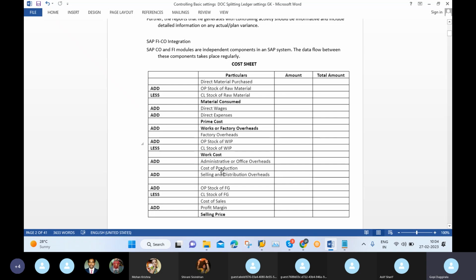So next, the product cost, cost of production. Next we can add selling and distribution overheads. It means up to now we manufactured our product in the factory, and later in administration also we did some activities, and finally we get the production cost, which means product cost. But we are not yet selling this product to the market. If you want to sell this product, again you need some more expenses: selling and distribution overheads.